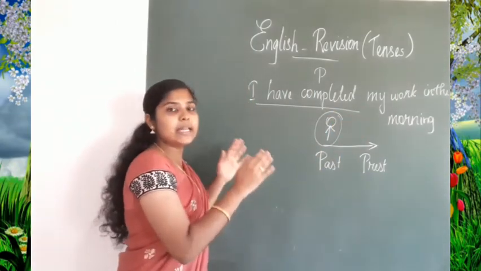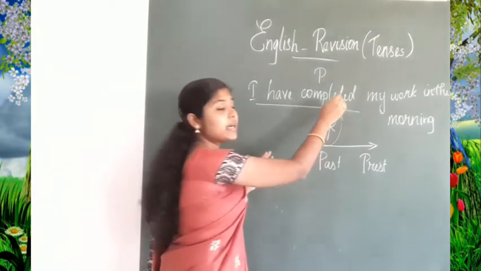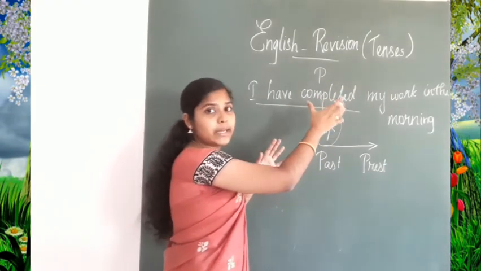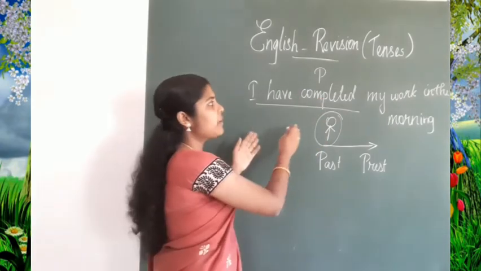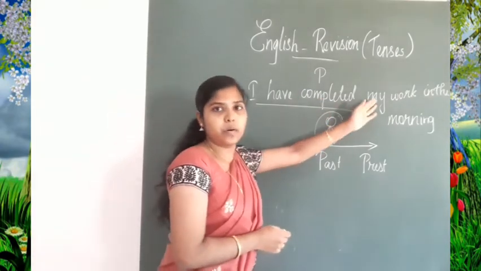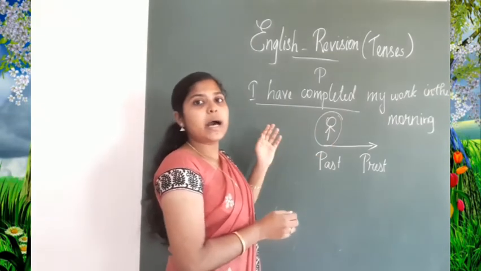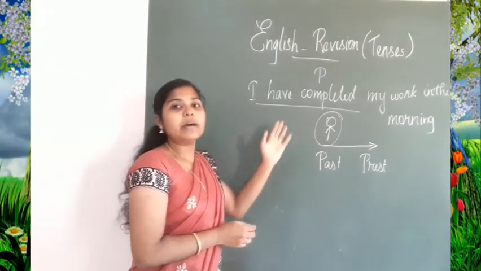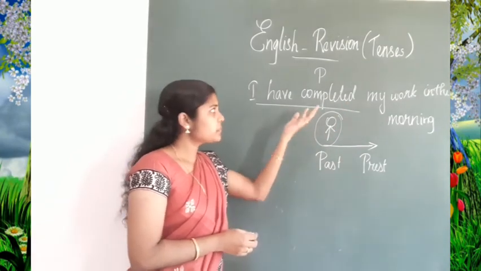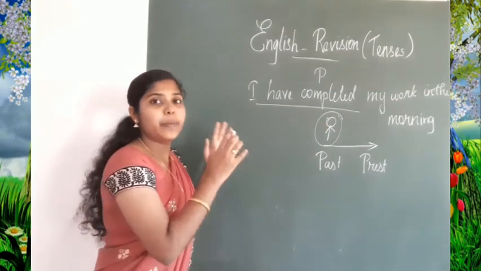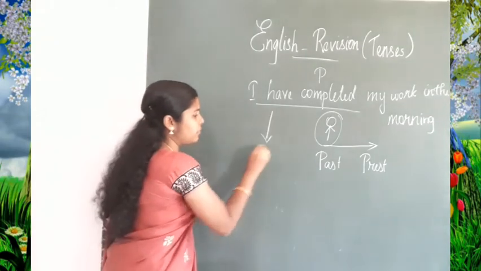Here, this verb is indicating a completed action. The sentence itself has the word completed, right? I have completed or I have done my work in the morning. So, I have done. So, I have completed. So, this verb is indicating a completed action and for perfect we need have or